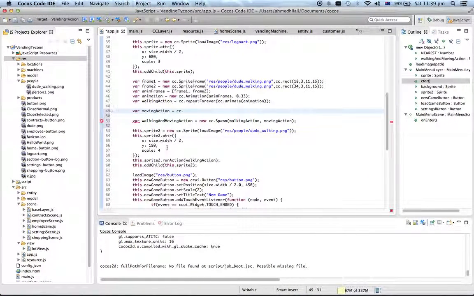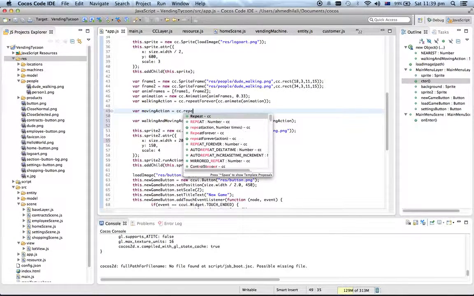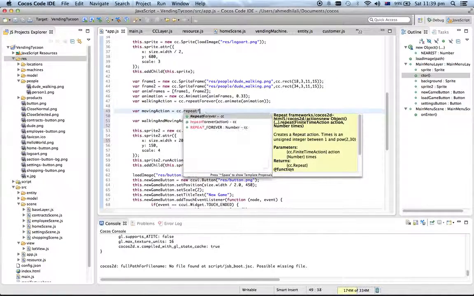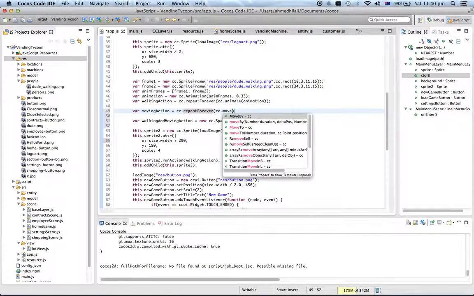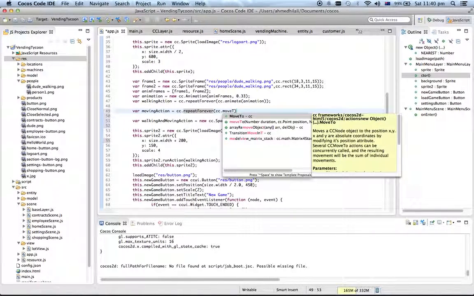Firstly, we're just gonna position this so that it's size.width plus 200, and it'll be a cc.repeat forever, lowercase, and then a cc.move to